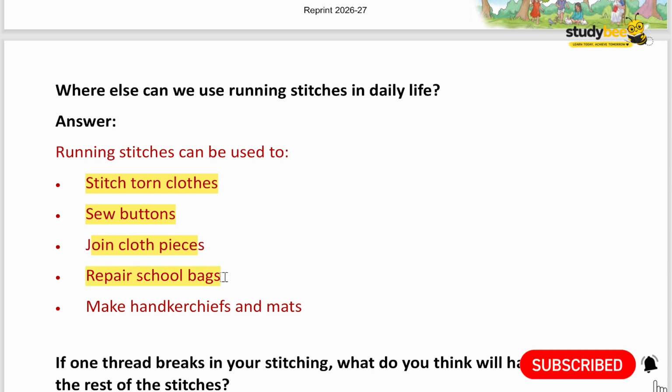Repair school bags ना, स्कूल बैग्स अगर कभी फट जाता है तो हम running stitch से ही उसे ठीक करते हैं. Make handkerchiefs and mats. सो घर में बचे हुए कपड़े से हम handkerchief बनाते हैं या mats बनाते हैं. So again we use this running stitch to join the clothes together. Okay,